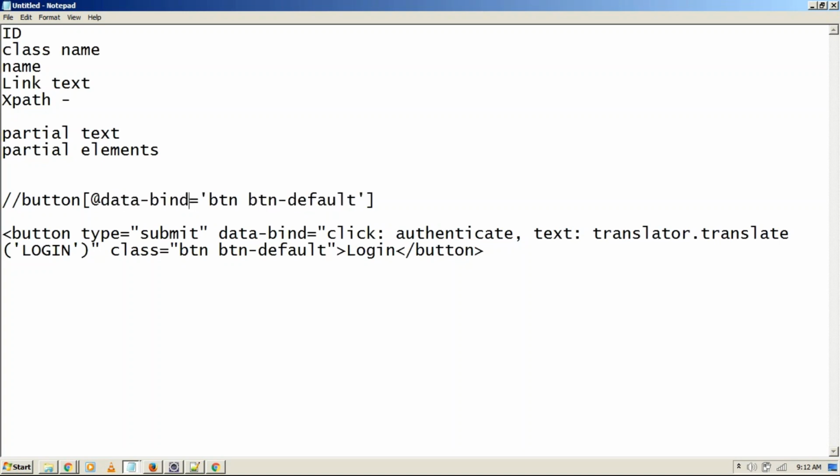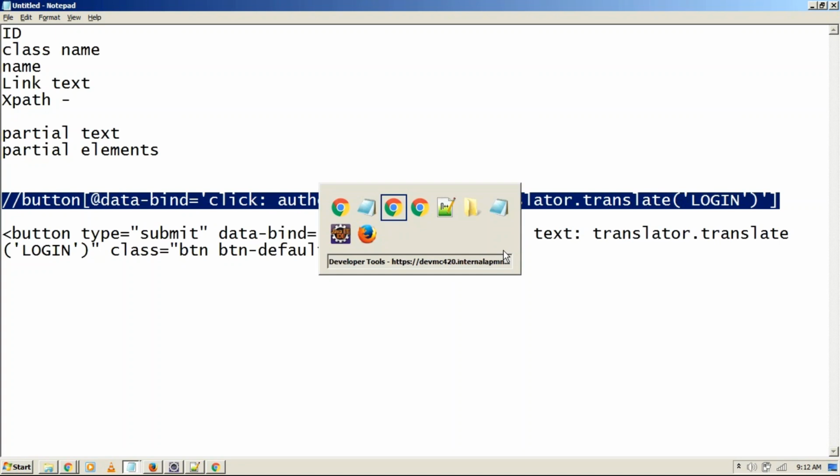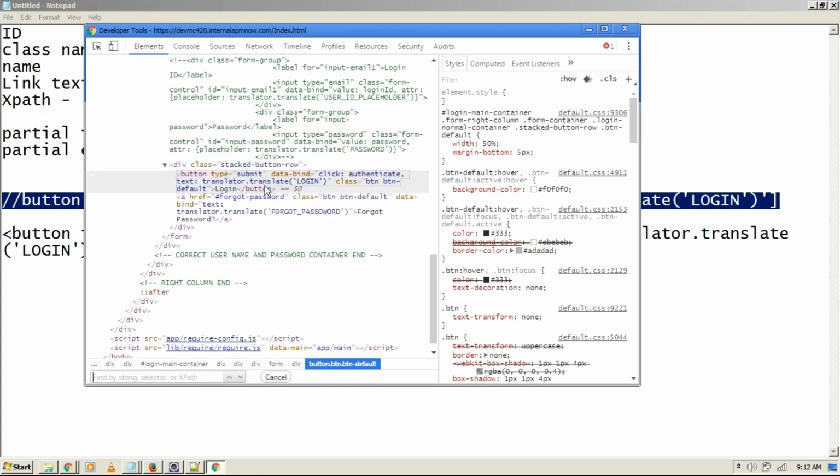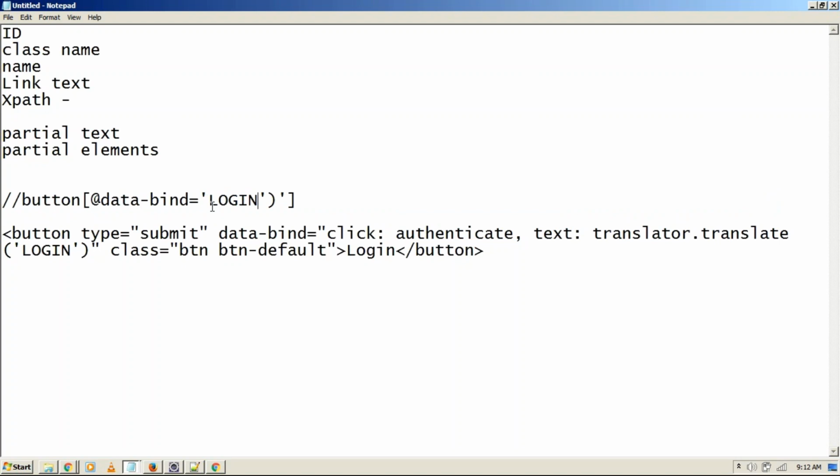It is data type, right? Data bind equals to the value is this click one. And this one, yeah, and the entire value is this one. Okay, now if I try to identify this, of course, there seems to be some problem. Instead, what I can do is I can just use part of the text here, like login. This sounds pretty clear for me. So this looks pretty unique for me,